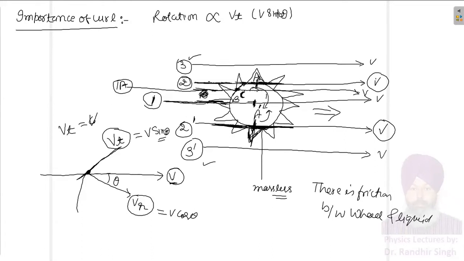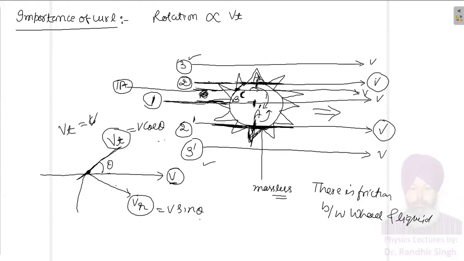Sorry for this, students, I take my words back. Just to add some simplicity in my discussion, I now think the angle theta with the tangent will help me to draw the particular result. Then Vt will be equal to V cos theta, and Vr will be equal to V sin theta.